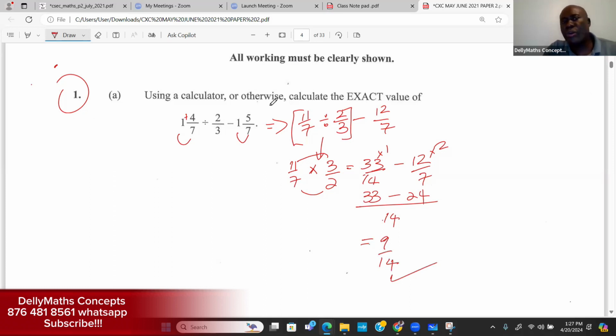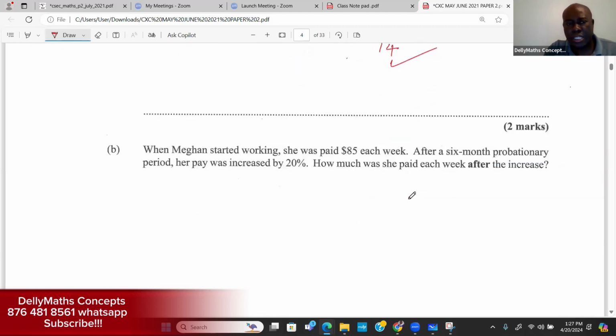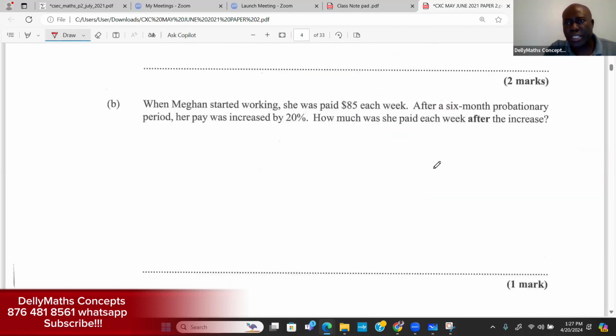And that's the answer. So if you don't know how to put this on your calculator to get the answer straight, that's a procedural way to get it done. Let's take a look at question